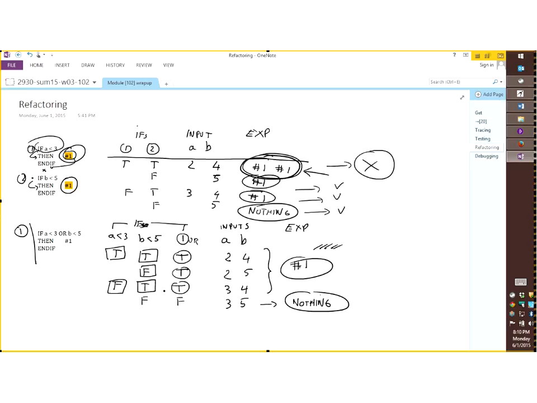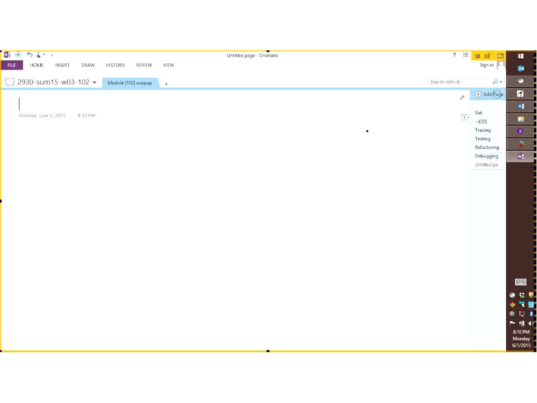All right. So, let's take another example. Let me scroll down my notes. All right, and I need a new page here. So this is going to be, again, refactoring. Let me write this here. So this is going to be another example of refactoring. And we cannot cover every single possible example.